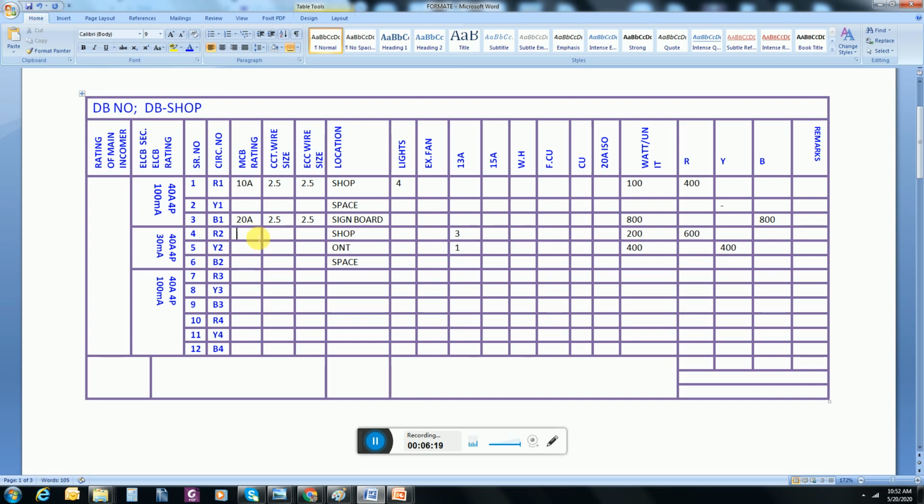Here the breaker size will be 20 ampere for sockets, wire will be 4 mm, and ECC will be 4 mm. For ONT the same, 20 ampere, 4 mm, and then 4 mm. And here is space, it means that nothing is here. This section is completed.